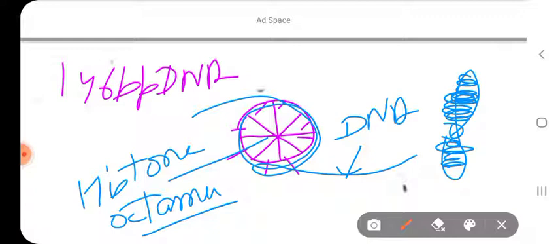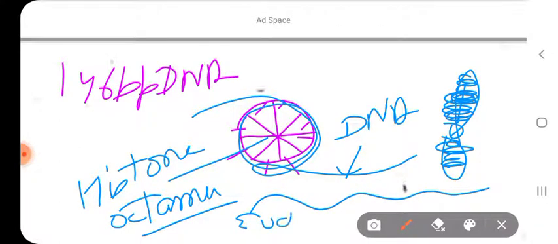But before cell division, we need to replicate our DNA, we need to transcribe our DNA, that means we have to do transcription of our DNA to make RNA with the help of RNA polymerase enzyme. So what we will do, we have to loosely coil these regions. So those loosely coiled regions are called euchromatin.